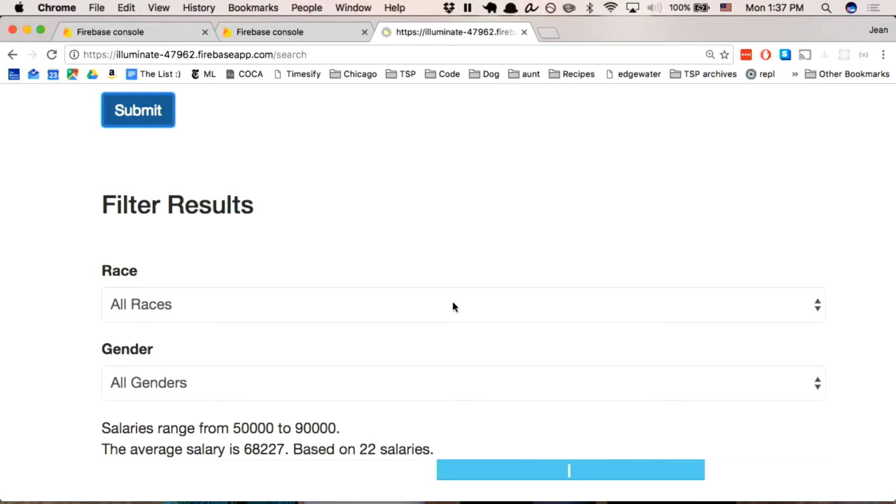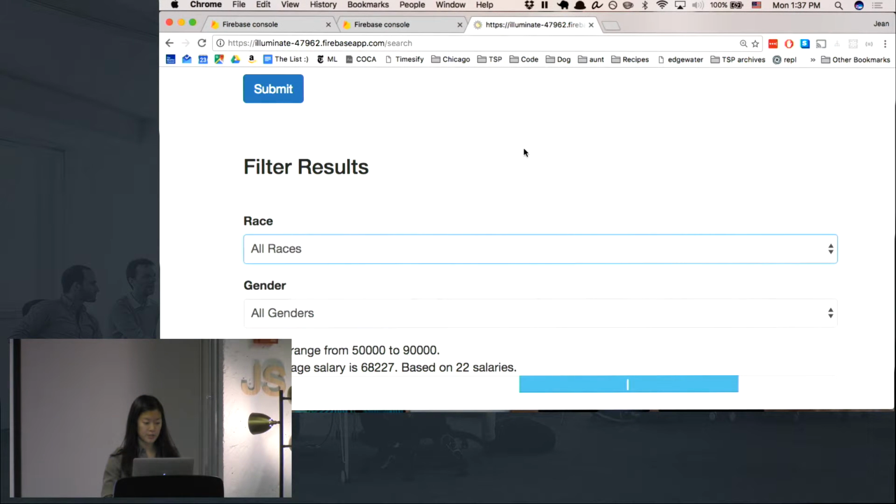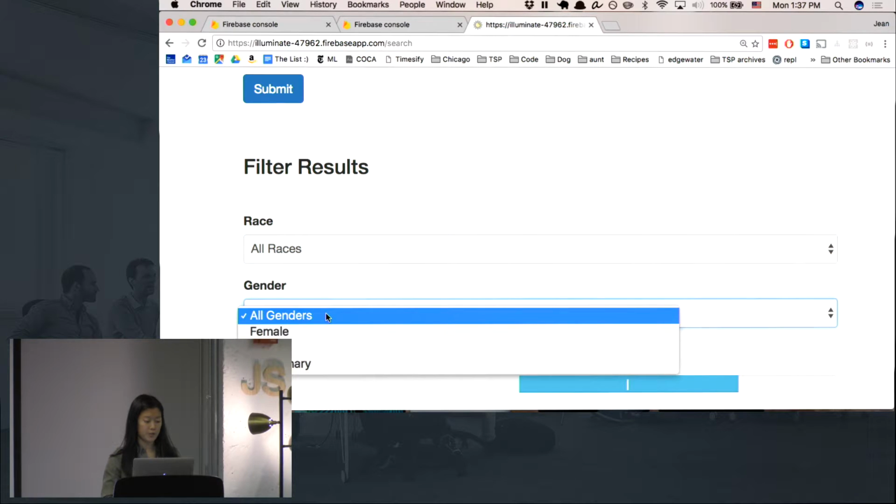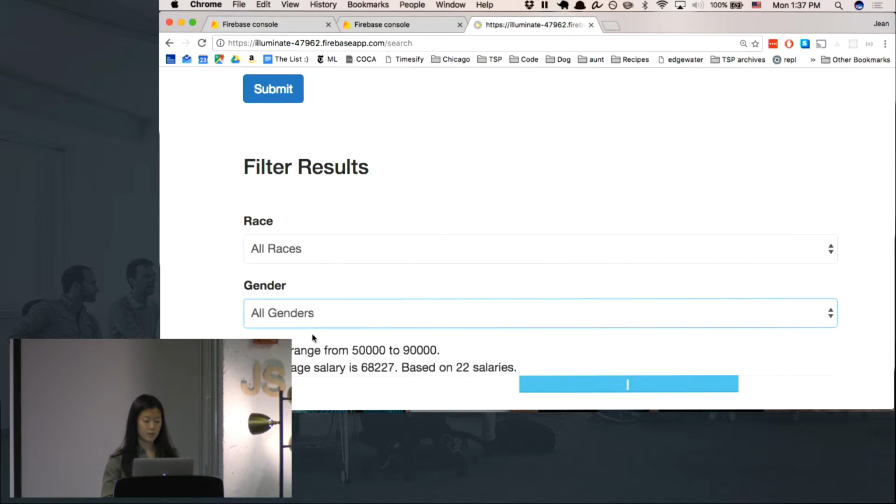And then if I filter, so if I just set race to white, all that happened was that the average moved a little bit. So if I filter back, you can see that. And then if I filter by gender, this is just dummy data that I put in for the sake of this. But in theory, it'd be cool if, when this is more built out, I could send it out to